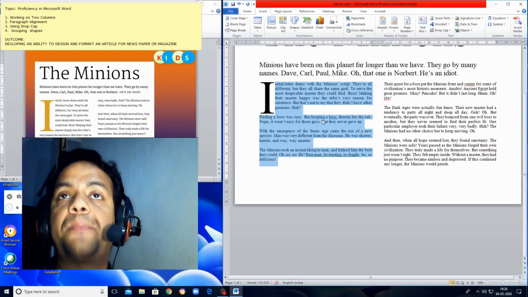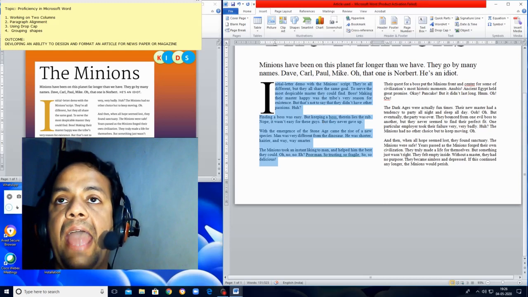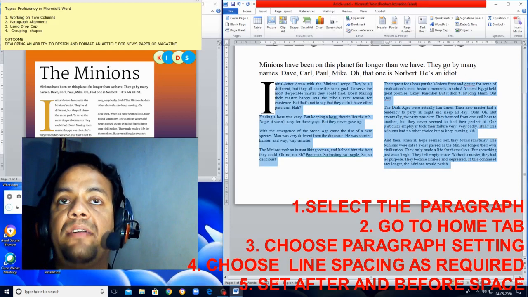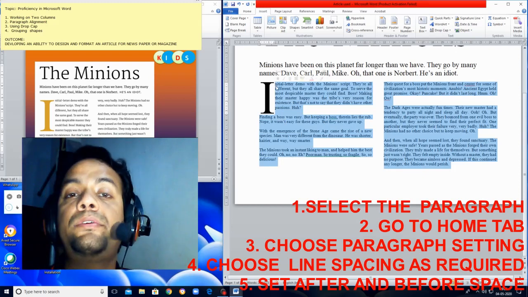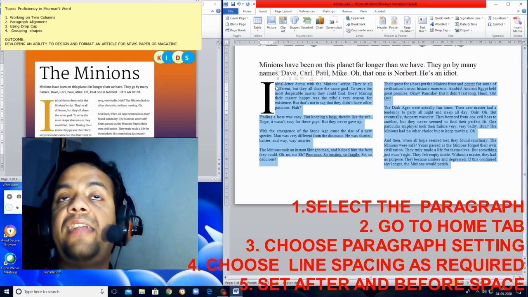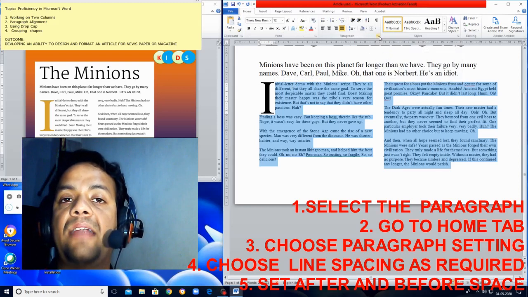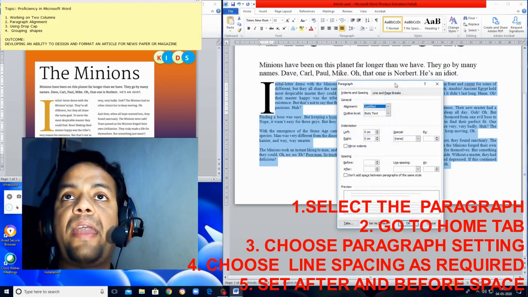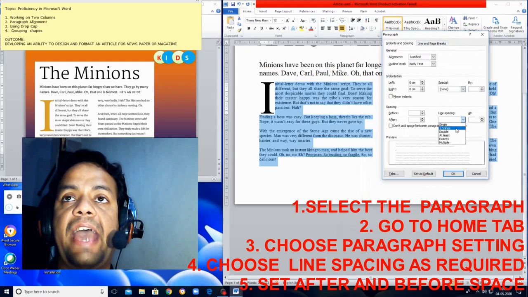To provide the gaps among the paragraph lines, select the paragraph, and after selecting your paragraph, please leave the drop cap letter. Don't include the drop cap letter. Select the paragraph, then go to the Home tab. Under the Home tab, you have this arrow just next to the paragraph word. This is called paragraph expansion. So over this paragraph expansion, you need to set line spacing as 1.5.